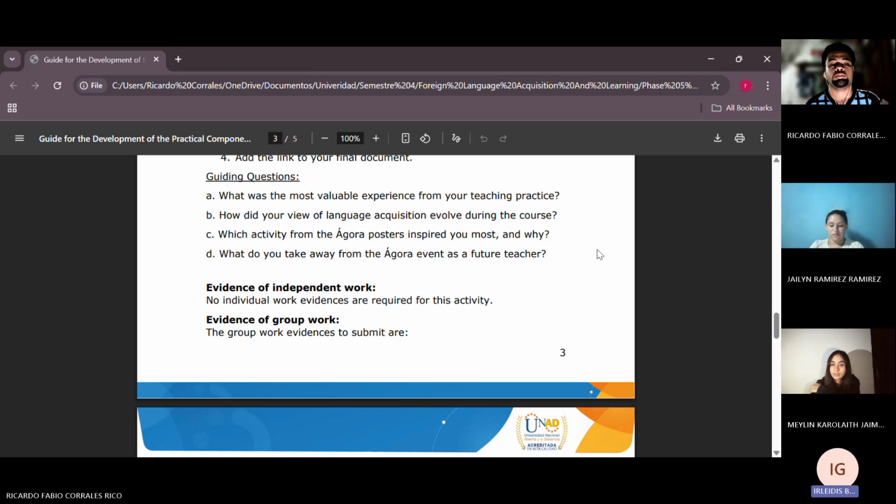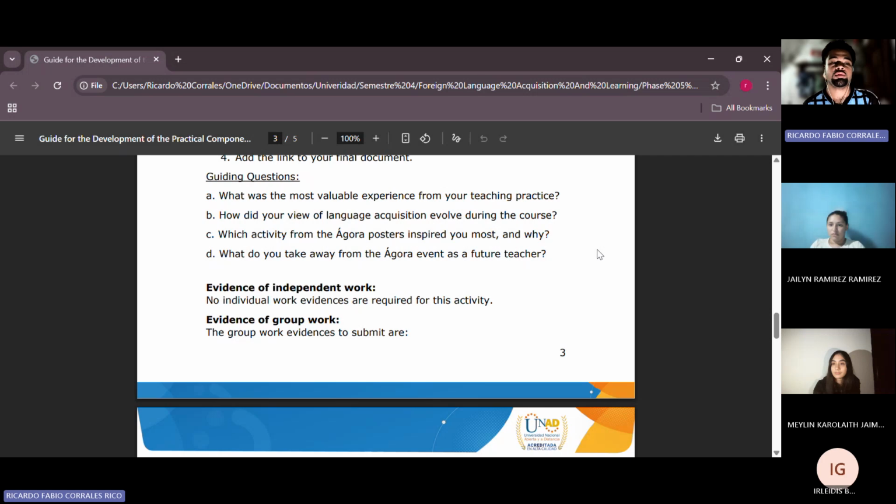Listening to different experiences helped me understand that every teacher faces challenges, but we can learn from each other. I learned that reflection is essential for improving our teaching practice.